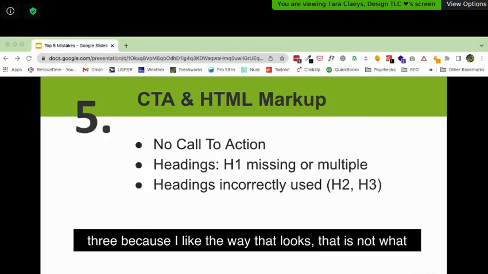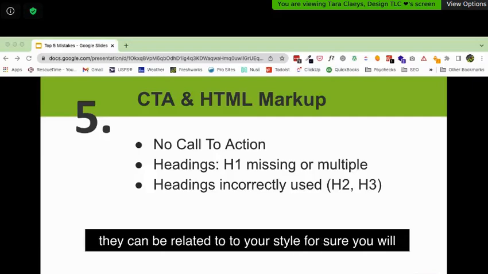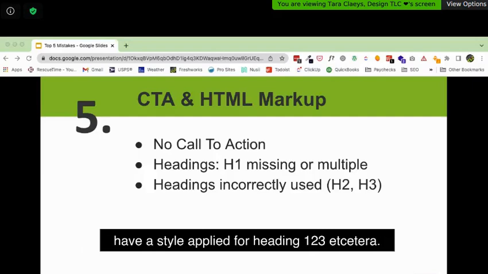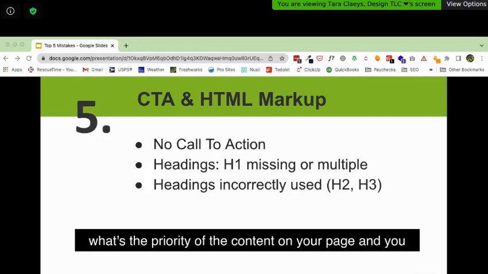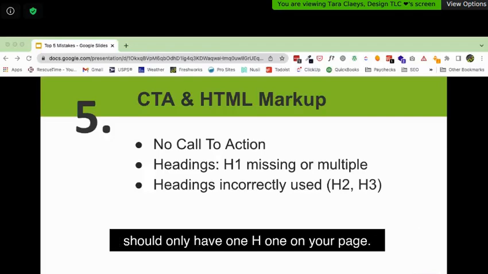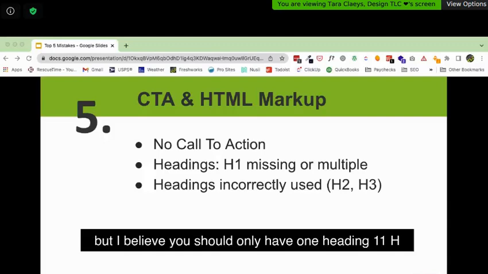That is not what these codes, what these styles, are actually for. They can be related to your style for sure. You will have a style applied for a heading 1, 2, 3, etc. But they really are code that helps Google understand the priority of the content on your page. And you should only have one H1 on your page. There's some controversy about this, but I believe you should only have one heading 1, one H1,